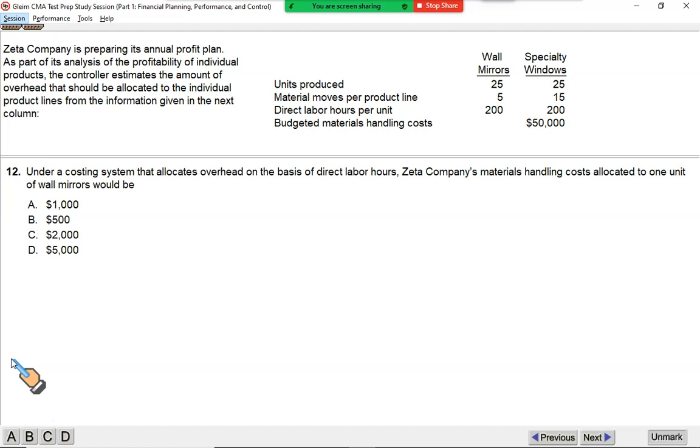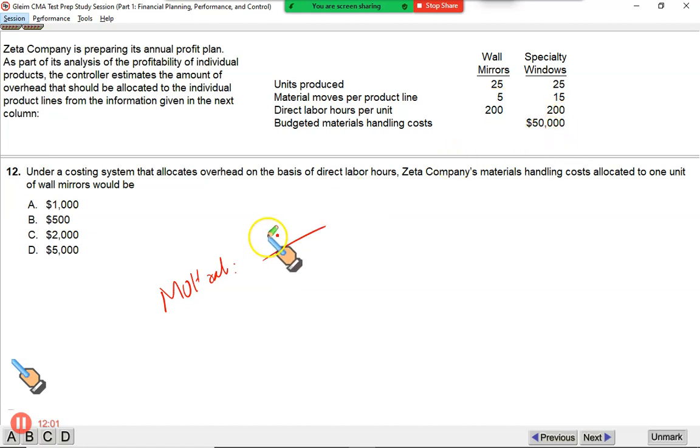Now under the traditional system, which you call peanut butter costing, whether the product is simple to make or hard to make, it will carry the same cost. Let me show you. Let us first calculate the rate, which you call the manufacturing overhead rate, or here it's the material handling rate.